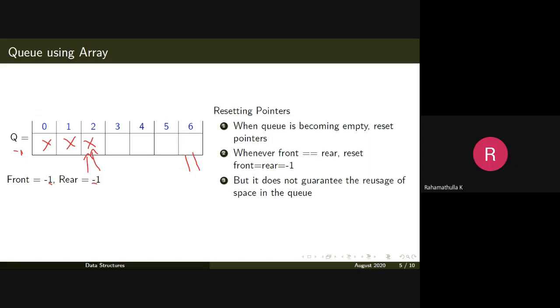So after resetting the pointers, you insert an element, then it will get inserted and so on. But it does not guarantee the reusage of the space in the queue. Why? Because